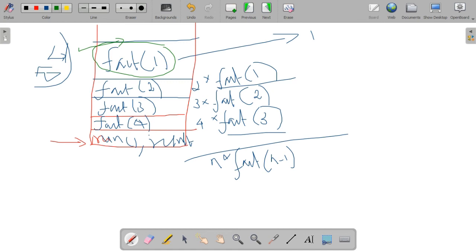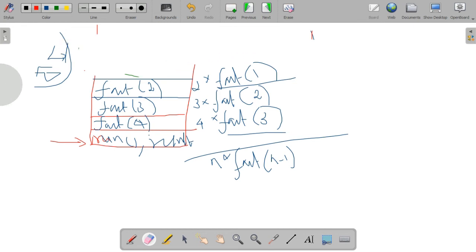The computer removes that method frame from the stack top. So if we are getting this fact of 1 value, the final value, that is fact of 1 is finished, it will remove this top frame from the stack and resume its work on the method now at the stack's top. So here we got the value 1 and are removing it from the stack.